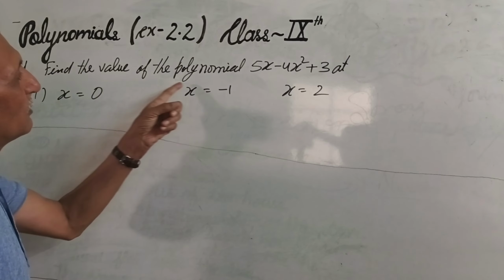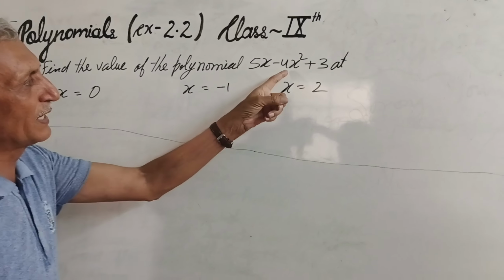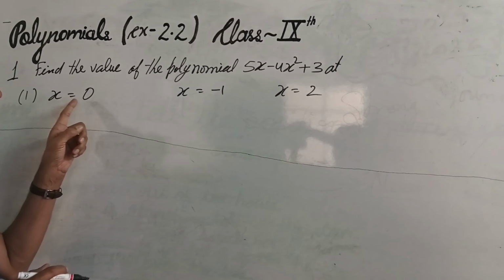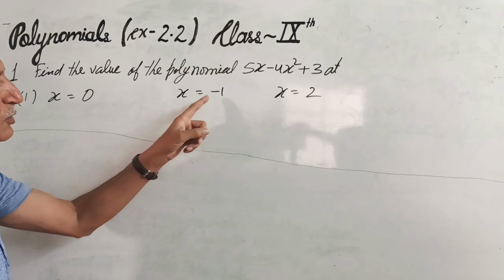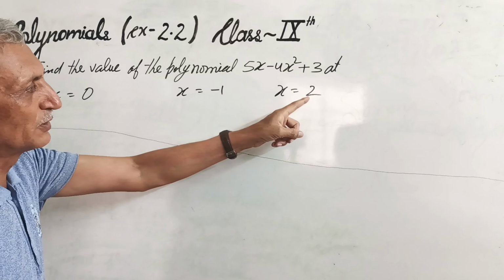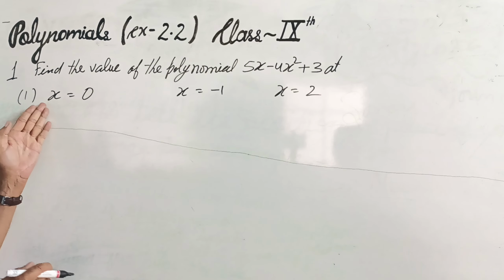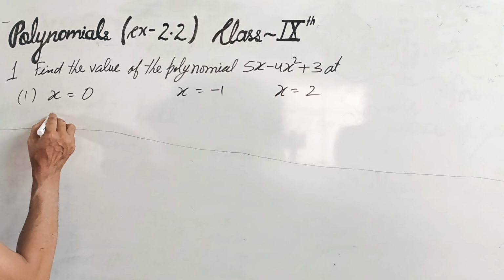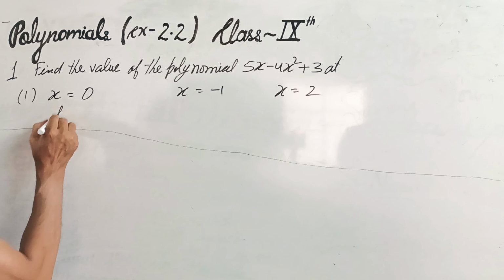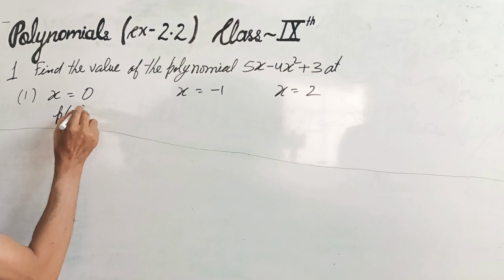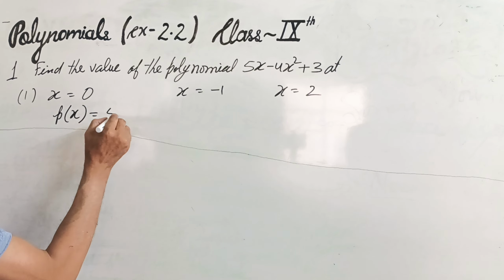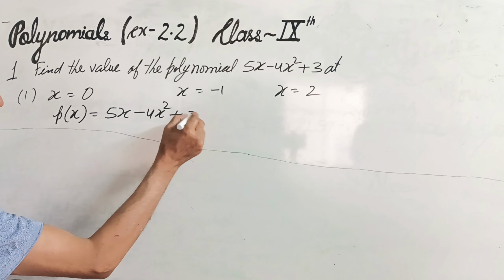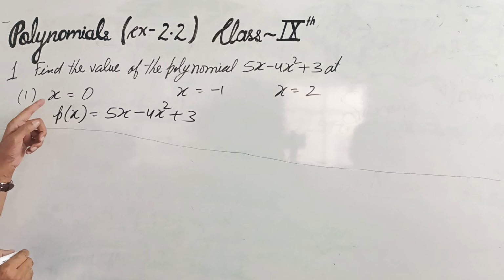Find the value of the polynomial 5x minus 4x square plus 3 at x is equal to 0, x is equal to minus 1, x is equal to 2. So let us solve the first part. देखिए, the given polynomial is, what is the given polynomial? The given polynomial at x is 5x minus 4x square plus 3. We have to find it